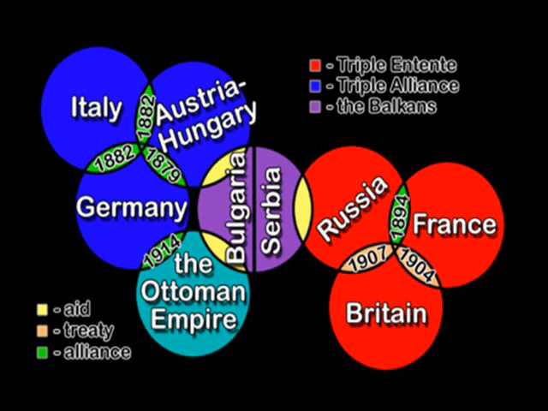Once these alliances really take effect, most of Europe is divided into two camps. The Allied powers, consisting of Russia, France, and Britain, and the Central powers, consisting of Italy, Austria-Hungary, and Germany. At this time, remember, America's trying to stay neutral. They're trying to keep out of this war. They don't want to get entangled into other people's problems. So neutral, they're not involved at all. In theory, they're not involved. They haven't declared war on anyone, and no one's declared war on them.